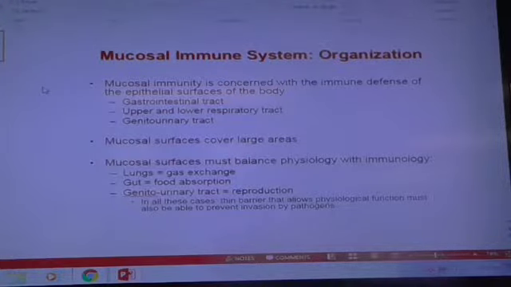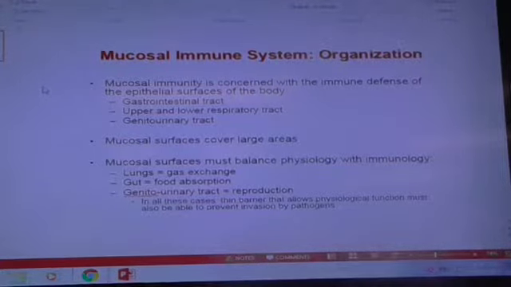A lot of pathogens do enter through the oral tract, and a lot of pathogens do enter through the nasal tract, are inhaled. So how are these mucosal surfaces protected from these